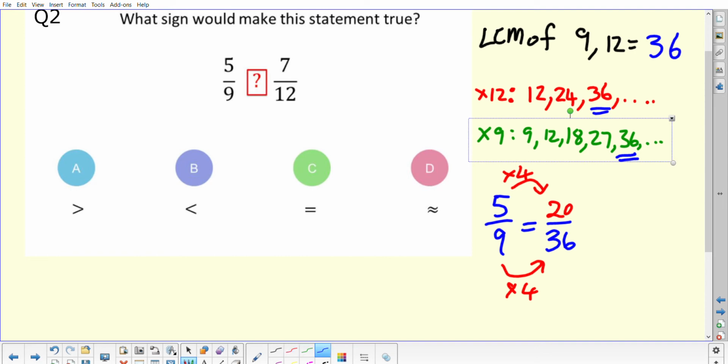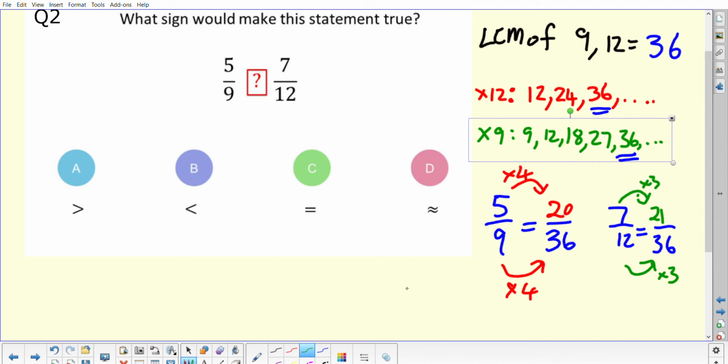You would do the same thing with the other fraction, the 7 over 12, changing that into something out of 36, and this time we would be timesing by 3 when we do that. So when you multiply by the 3, you get 21 on the top, and at this point you're then able to compare the